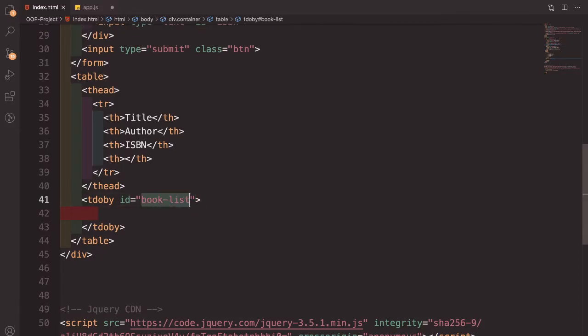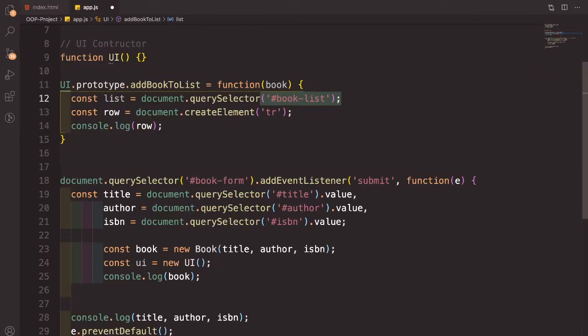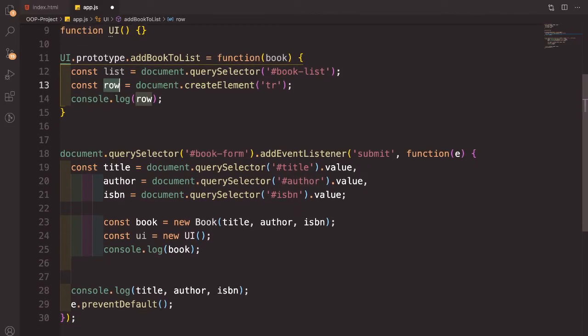Book list. Alright, kinuha natin siya. Tapos, nilagay natin siya sa list variable. Tapos, sumunod is we created a TR, okay, na row. Ngayon, para mag-work yan, we need to call that